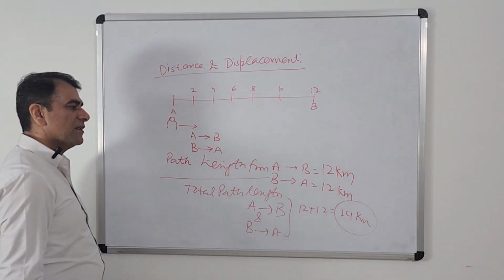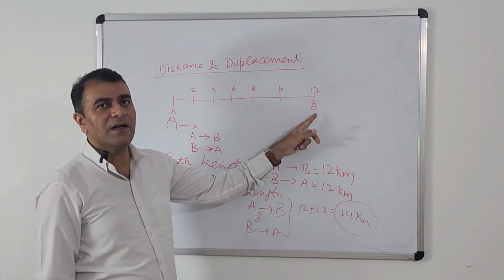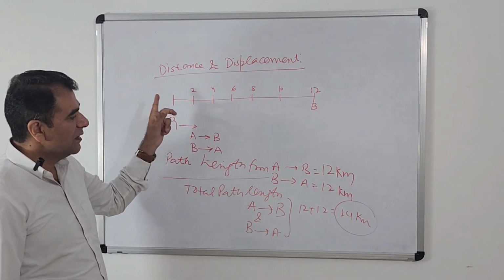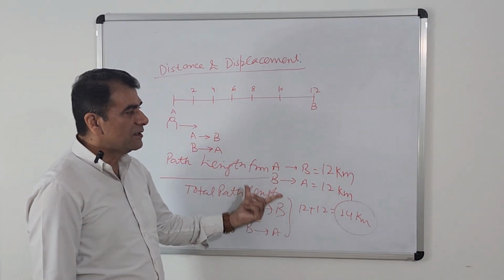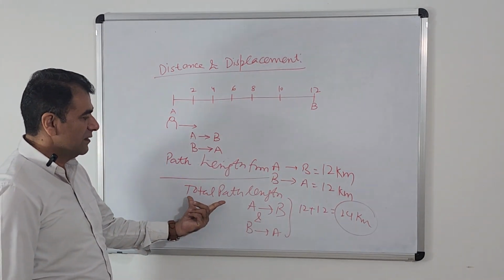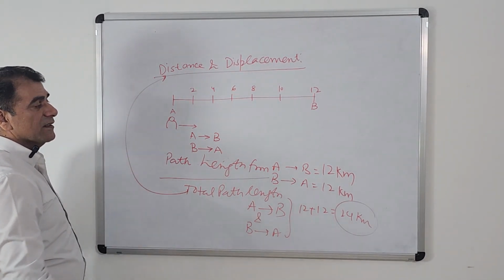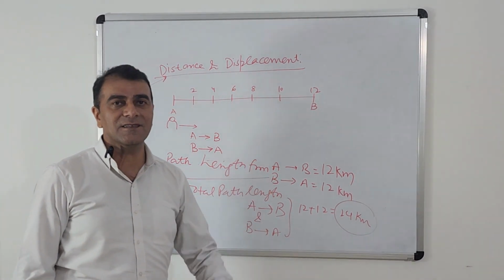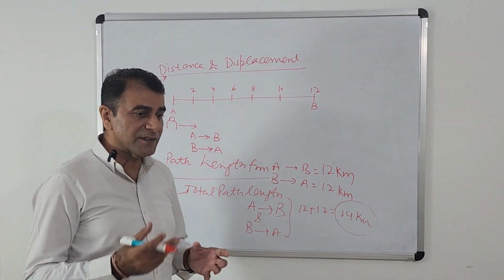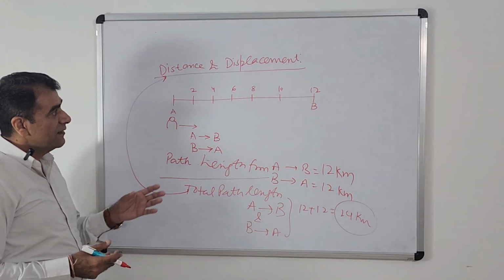Now do you know what? When the person moves from A to B and then comes back from B to A, then the total path length covered by the person is 24 kilometer. You know what? This total path length is nothing but distance. This is distance. Now you will be surprised by my next words, where I will prove that displacement